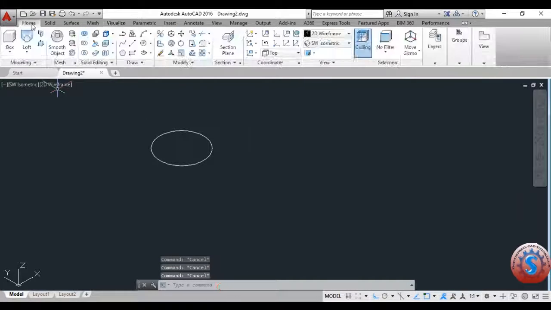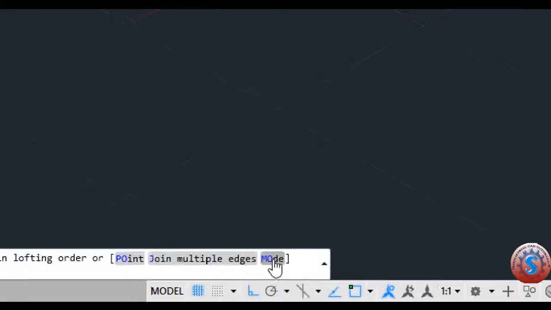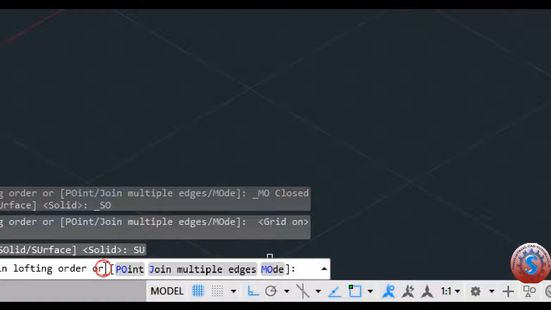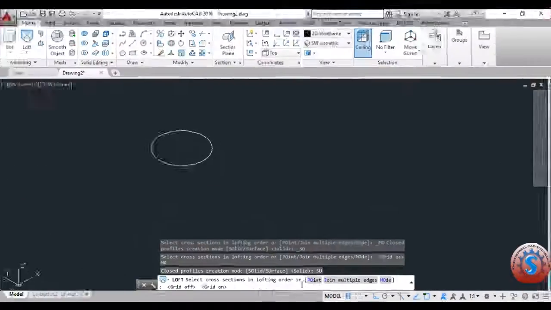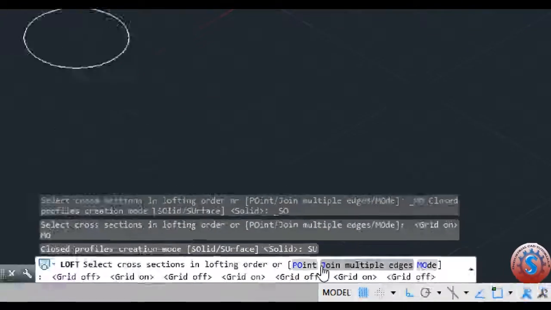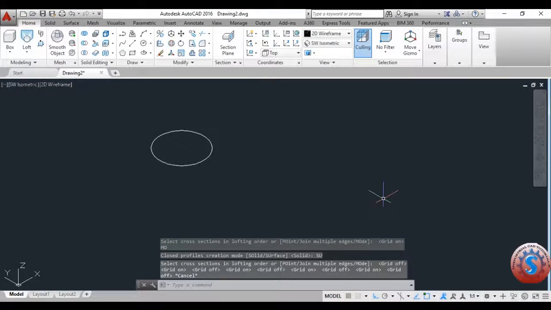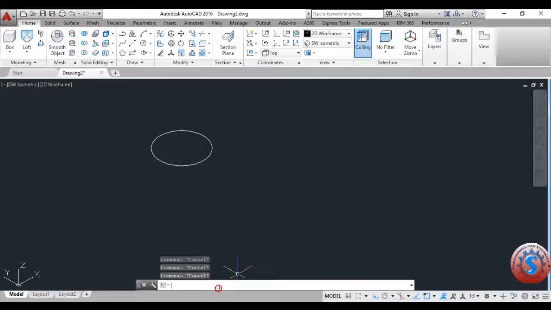And again I'm giving the loft operation and the loft cross sections in the lofting order. You can observe the mode here by using the surface mode. I already explained the solid mode and the surface mode. You can observe it is asking for the cross sections on the lofting area or point. I am using the point to show how to create the object, and select the simple loft